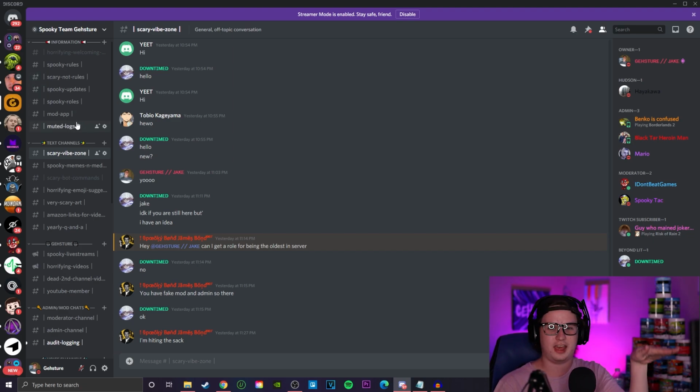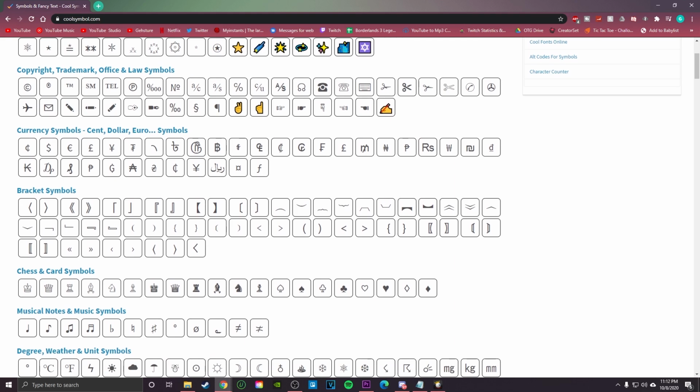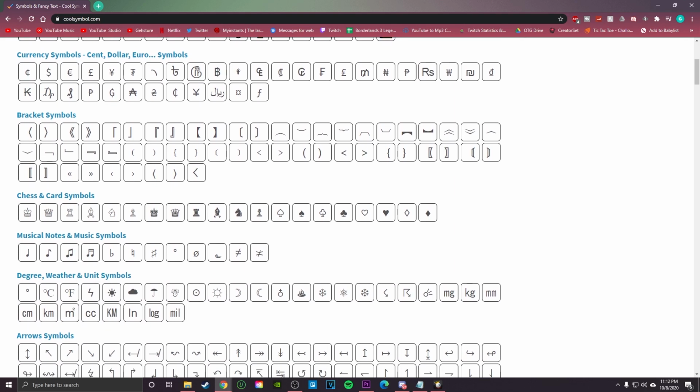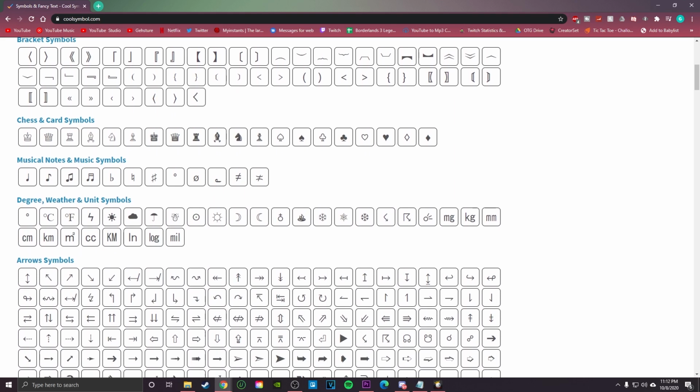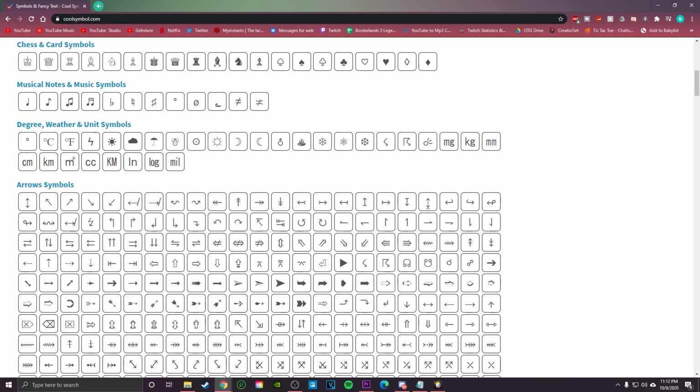Instead of just plain text, it's got an aesthetic to it. So what you guys are gonna do to get these symbols is go to this website called coolsymbols.com. I'm gonna have a link below in the description for you to check out some of these symbols. It's basically a website that has literally thousands of different symbols and characters, and you